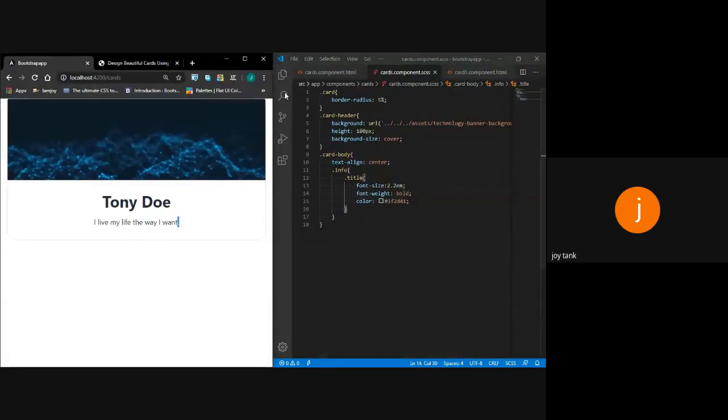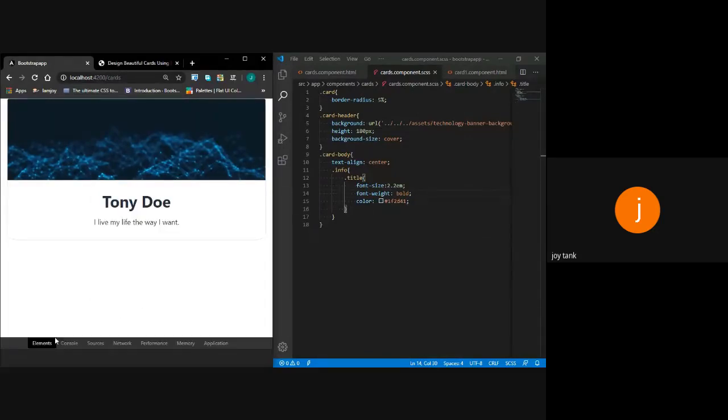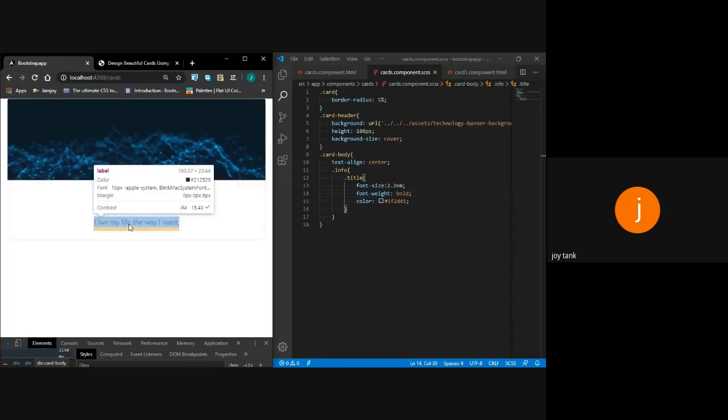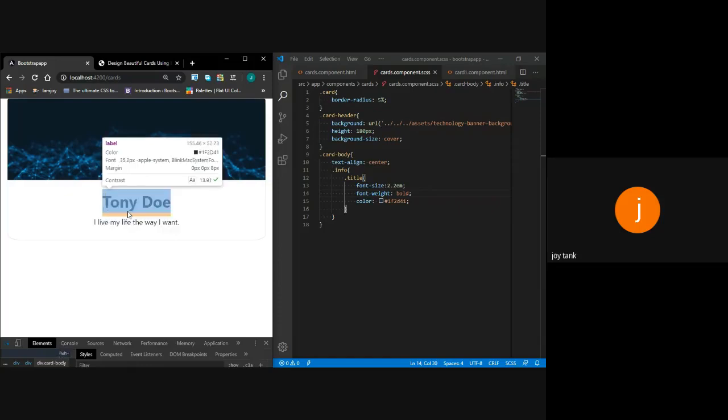Now you can see that this card has predefined classes, like it has automatically used padding. You don't need to write the CSS property of padding within this card body. That's one advantage. Second, this label has used a margin bottom of 8px, so you don't need to use this CSS property again. Third, the title of your card also has a margin of 8px, so you don't need to set it.